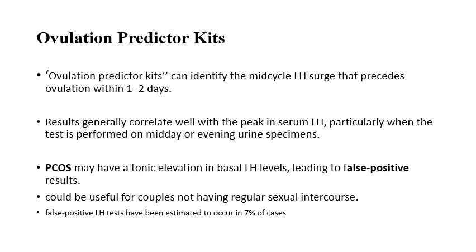So, what instructions do you need to give to the patient while performing the urinary LH kit test? We will advise the patient to avoid drinking a large volume of fluid in a short interval of time before they are planning to do the test. Generally, for any test, for example the UPT test, we ask the patient to do it in the morning as the urine is most concentrated then. But in this case, we are not supposed to tell the patient to do it on the first morning void sample, because